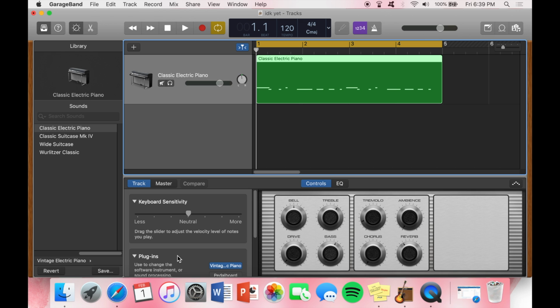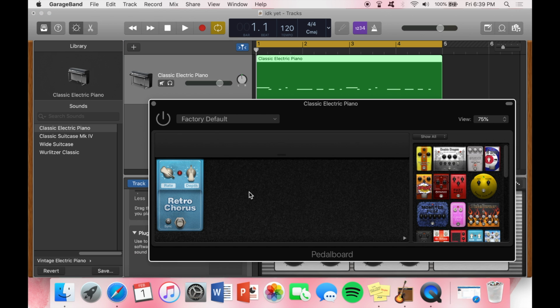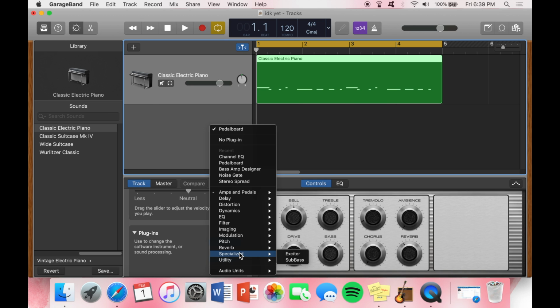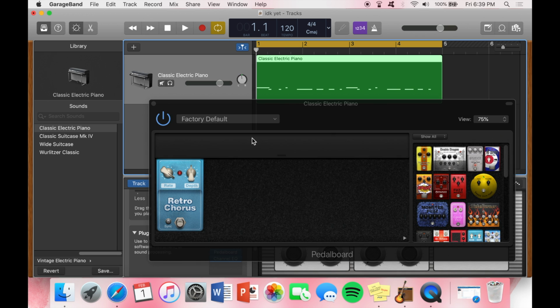So I'm going under the plugins. This is a plugin that already comes on GarageBand. It's called Pedalboard. You can get to it by going from the pull down menu, and then it's under amps and pedals, and then you go over to the pedalboard, and then if you turn it on, it will pop up. So I'm going to mess around a little bit with the